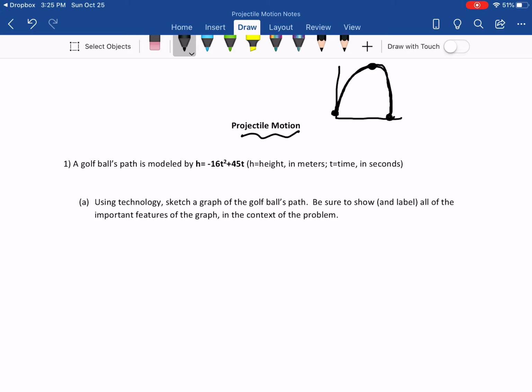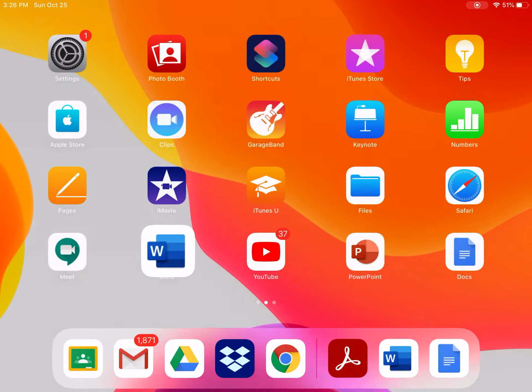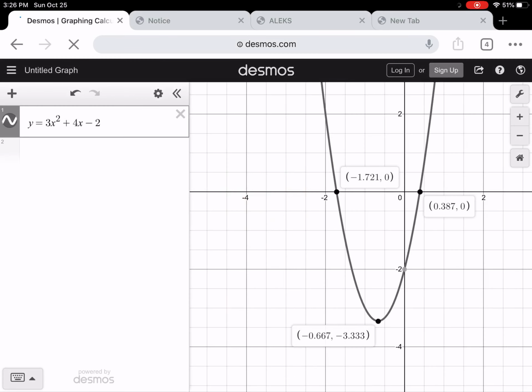So a golf ball's path is modeled by h equals negative 16t squared plus 45t. H is the height and t is time in seconds. So using technology, sketch a graph of the golf ball's path, and we want to show all the important features of the graph, such as the vertex, the y-intercepts, the x-intercepts in the context of the problem. So to do that, let's go to Desmos,